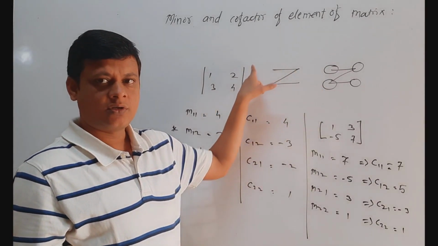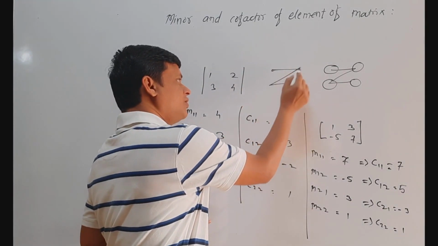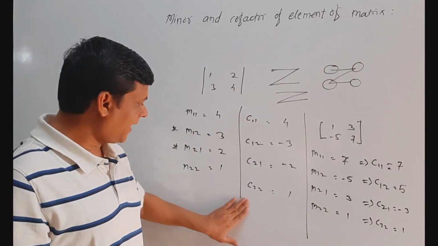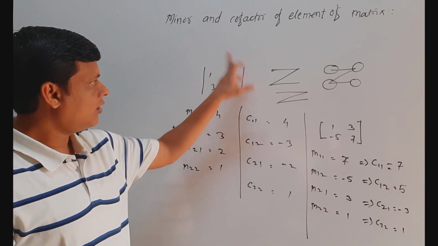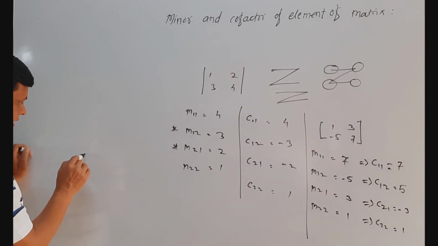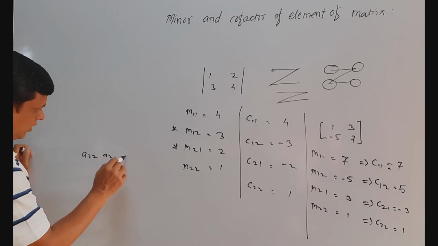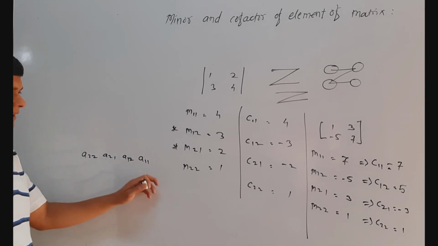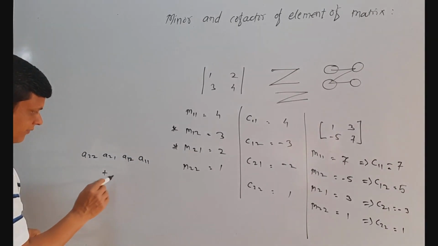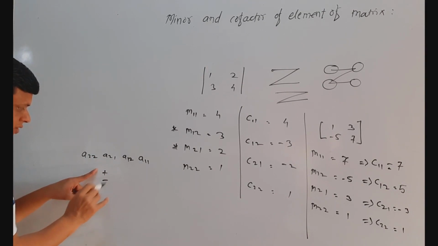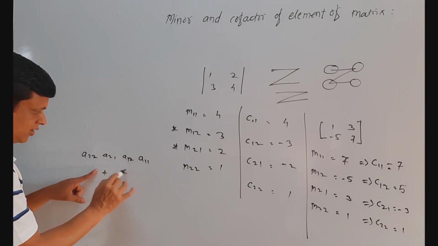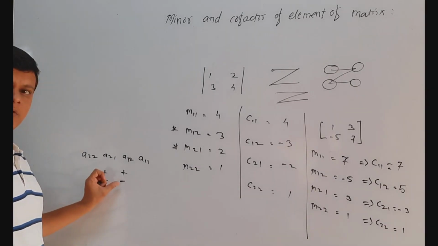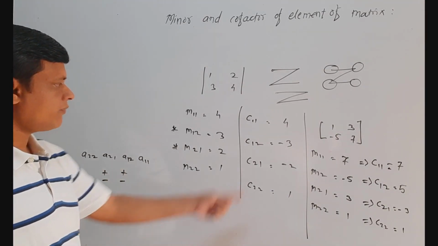In this way also, start at this position. If we write in this way, that will be the minor. So for writing the minor, we have to reverse the order, that is position. So we write a22, a21, a12, then a11 as the minor, and we have to change only the sign. If here sign is plus, then we have to change the sign as minus. Here if sign is plus, then we have to write the sign as minus. If sign is minus, then we write plus. When sign is minus, we write plus for the cofactors.